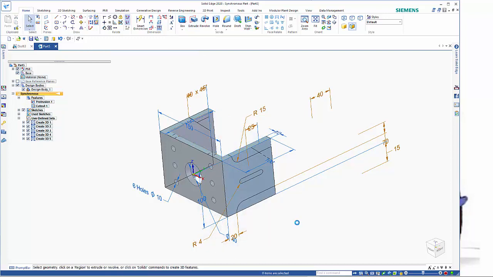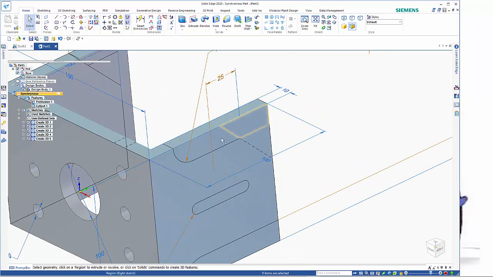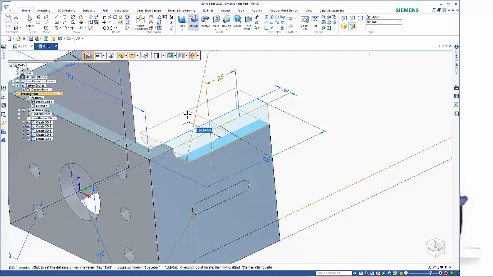No need to specify whether it's going to be added or removed, because it's just giving me the option I want. So you can see that we've got a cross here between two lines, so I can click on this one, hold the control key down and select the other one as well, and I can just drag it through,